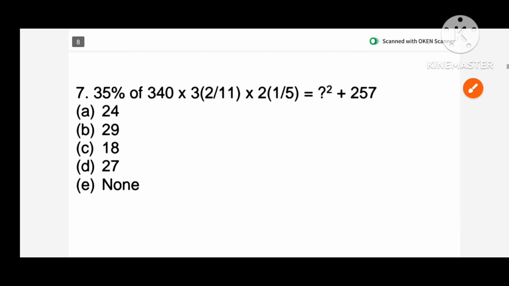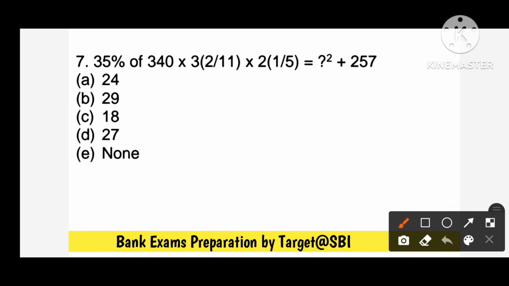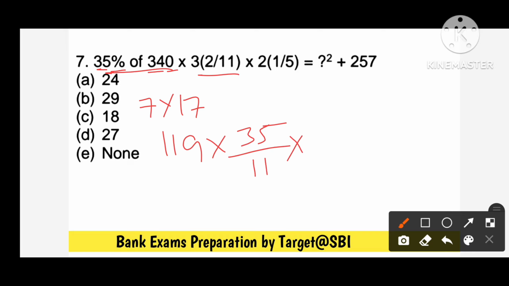Next question number 7. 35 percentage of 340. Here I see percentage 5 multiple, single 0 and 2 multiple. So how we do is 5 7 times 35, 2 17 times 34. This is the value for this one. 17 7 times will be 119 into 11 3 times. 33 plus 2, 35 divided by 11 into 5 2 times. 10 plus 1, 11 by 5. So 5 7 times, 11 and 11 cancels. 9 7 times 63. 11 7 times 77 plus 6, 83.